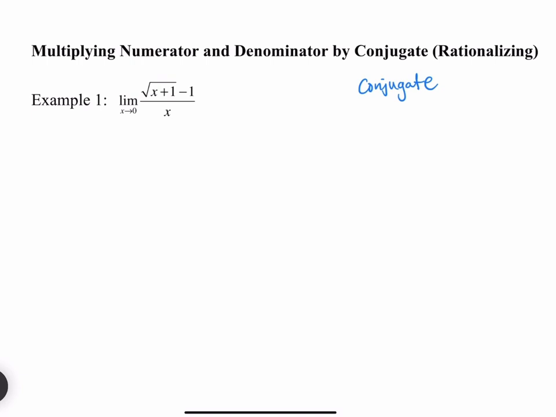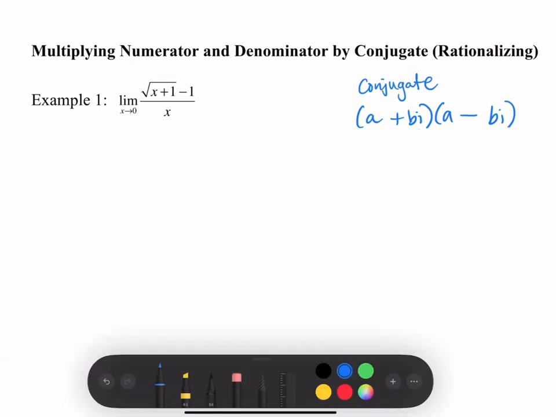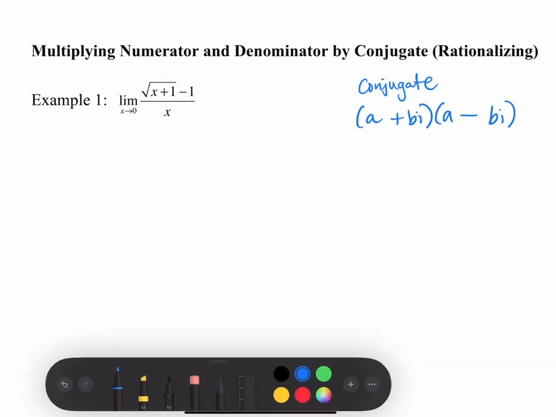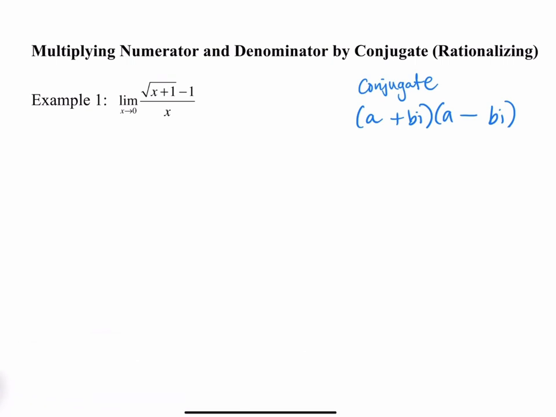looks like a binomial. So two values that can be added together, right? The conjugate would be those exact same values, but instead of addition, it's subtraction and vice versa. Now, why is the conjugate used? The conjugate can be used to rationalize an expression. It can be used to make an expression real numbers. In this case, I have the imaginary number i. And if I were to take a plus bi and multiply a minus bi, and I use the box method or FOIL to multiply here,